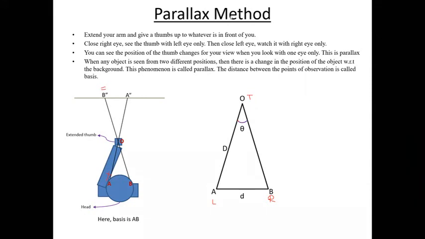If you're talking about long distances, then that means this small d, that is the distance between the points of observation, is very, very small compared to this capital D. So if capital D is much, much larger than small d, in that case, we can assume that AOB forms a segment of a circle. Let's consider it with a real example. Let's consider this segment. Now this is the radius R